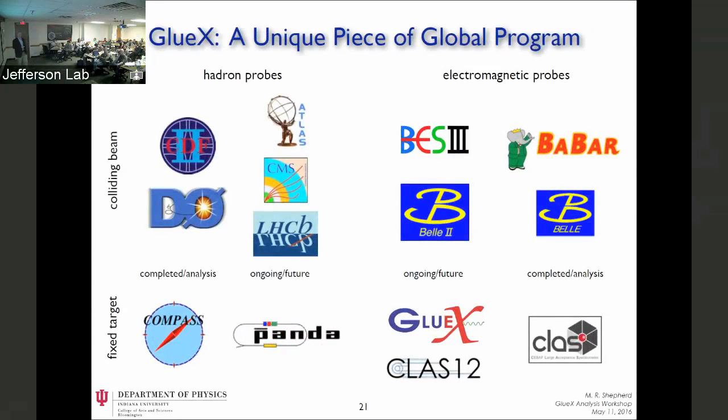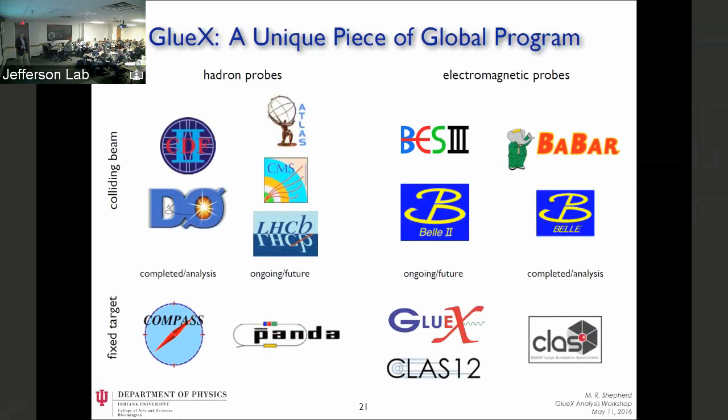Okay, so where does GlueX sit in what is a really big global program of spectroscopy? And it really is. I think you could take any particle physics, high energy physics or nuclear physics collaboration, and there's probably some few people somewhere doing something related to spectroscopy within the collaboration. GlueX is an emerging experiment. We're just getting started. We have a large data set now, and we are very unique in the fact that we have a high intensity photon beam for our probe. So it's a fixed target experiment. And in some ways, it's really complementary to things like COMPASS that has very high intensity pion beam data.